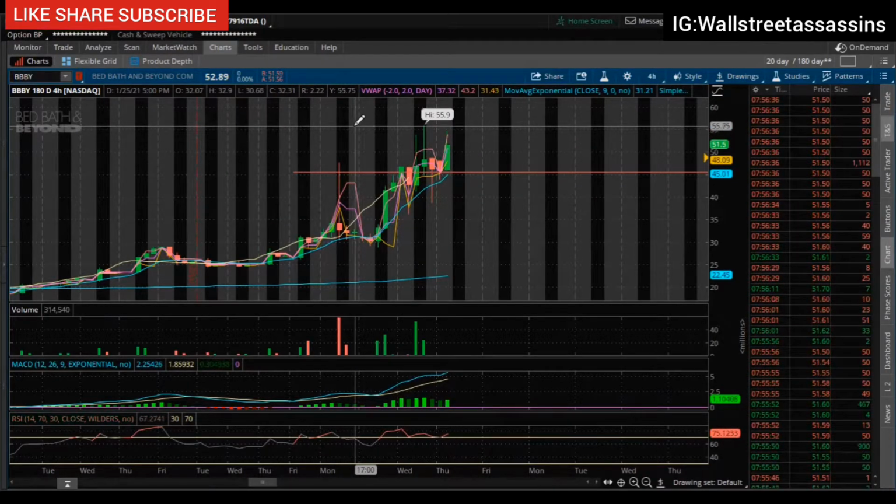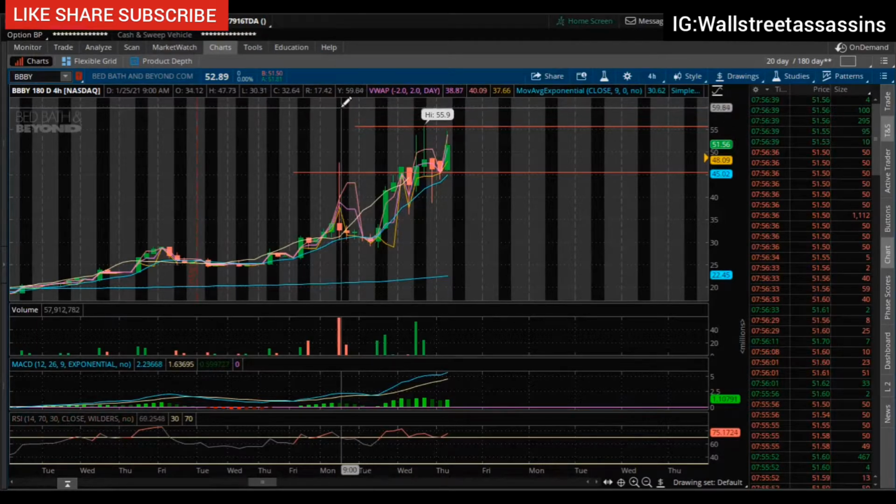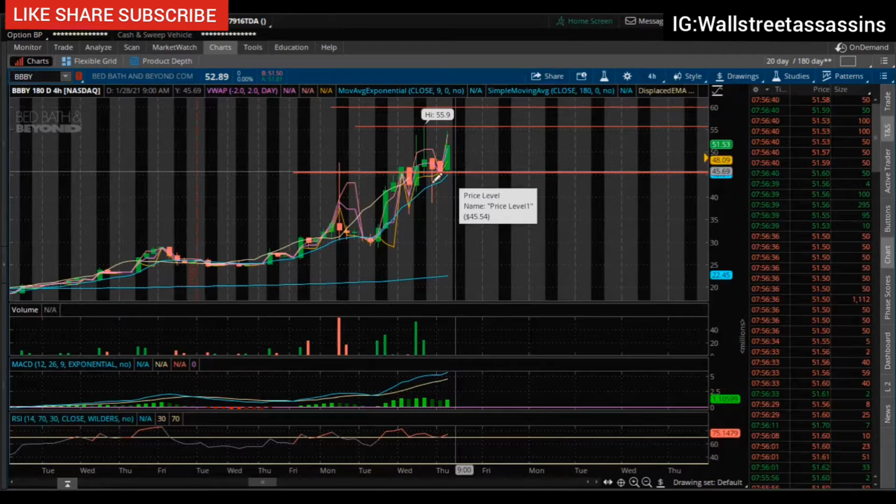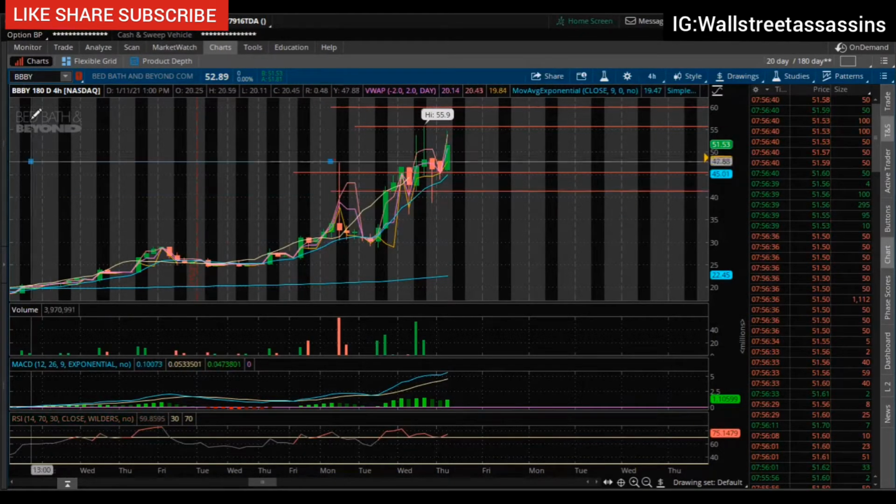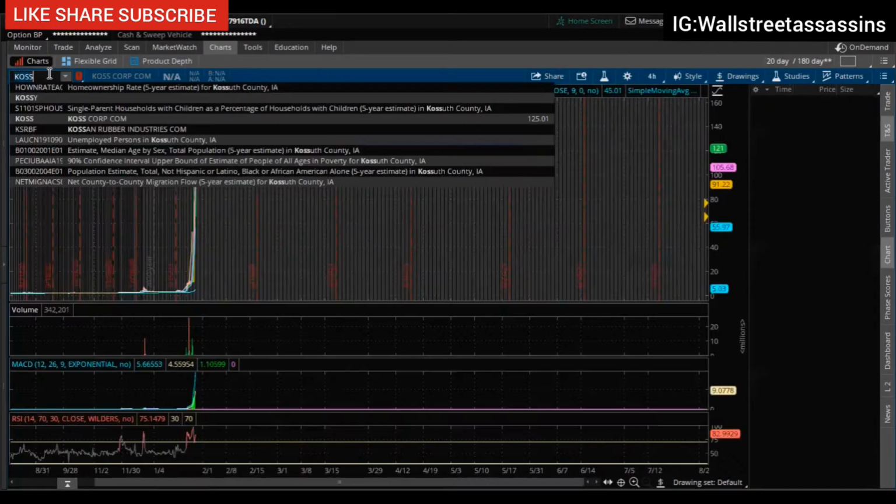So you can see we hit that 55.90. Once we break 55.90, we could start pushing up towards 60. If not, on the break of 45, we could start dropping down towards 41. Of course, practice safe caution. Next one,